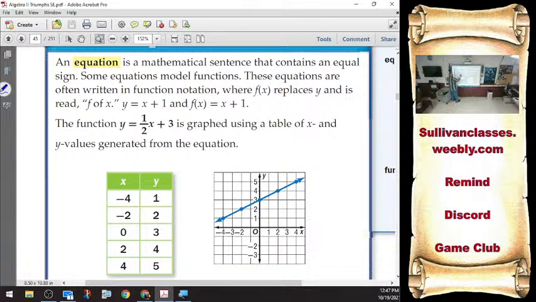If I know that this is an equation, it says my y's are always half of my x, and then tack 3 on there. It's called a linear equation because it makes a line. And this is very, very common in your life. This is why Algebra 1 is required to graduate, because linear equations are something that happens every single day. Case in point,